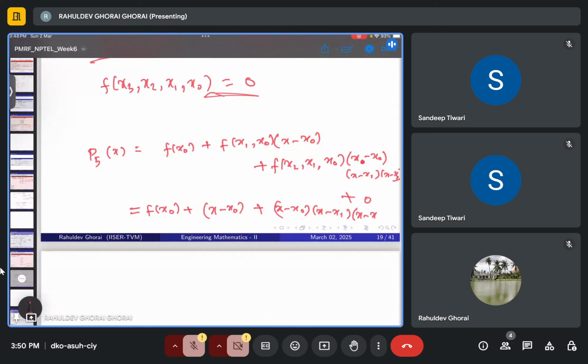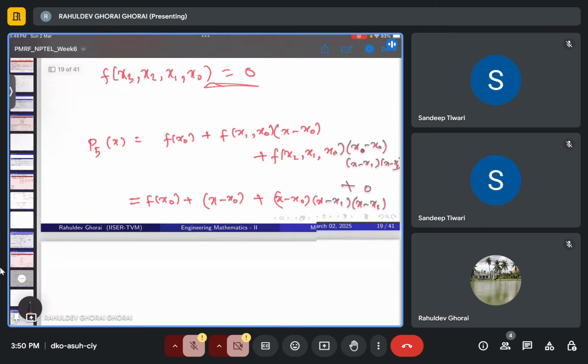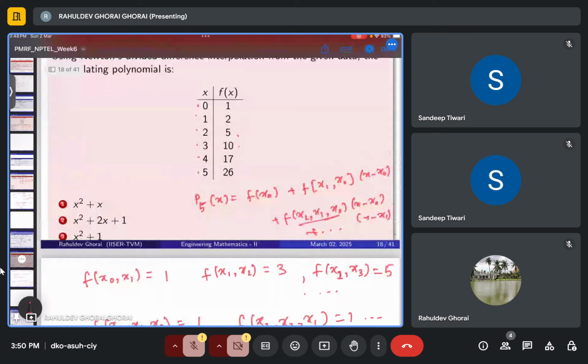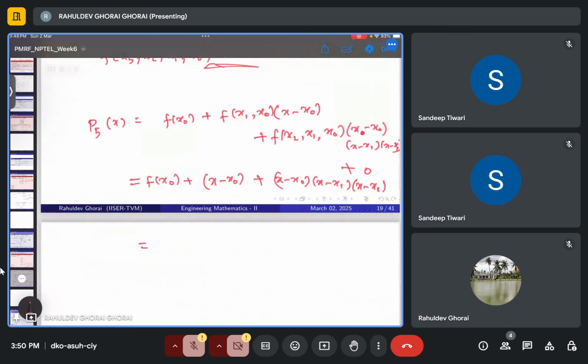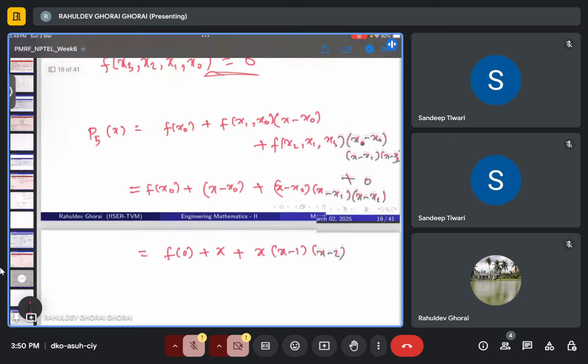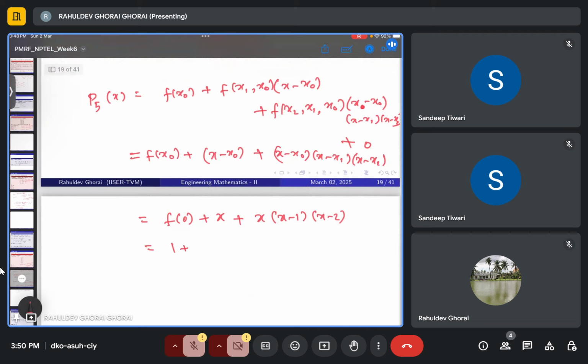What are the points x0, x1? 0, 1, right? So f0 plus x plus x times (x minus 1). What is the f0 value given to you? It is 1, so that will be 1 plus x times